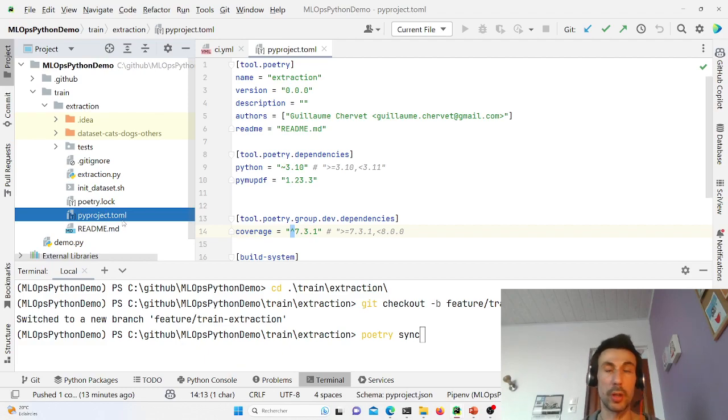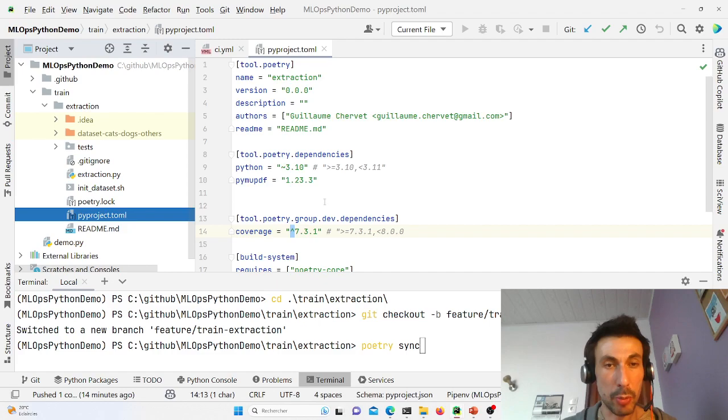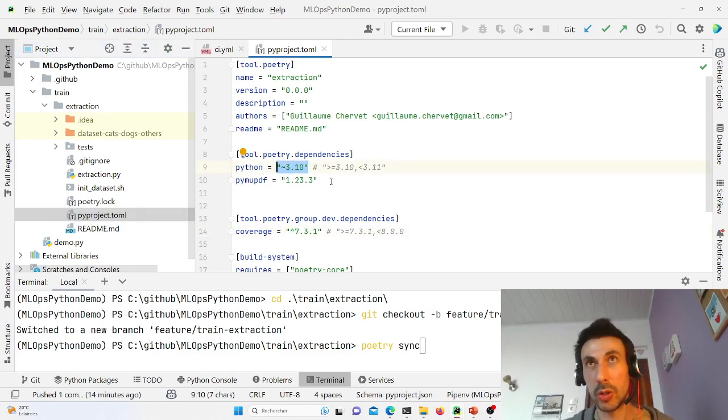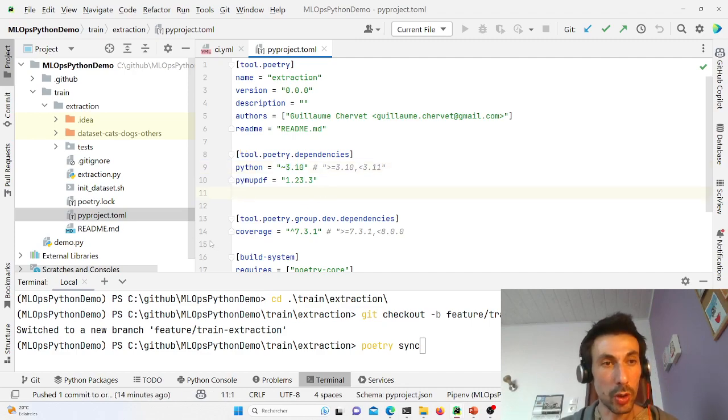Go to the Poetry site, install Poetry, and start using it. So here we have a file that is declared with certain dependencies, and we are going to use Python version 3.10. Similarly, if we had started with Python version 3.11, we will have to switch back to Python version 3.10. What you need to know is that Poetry,